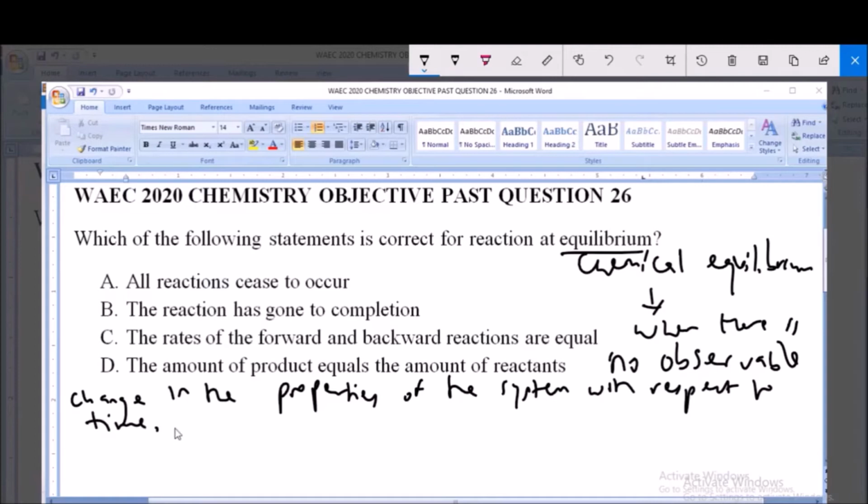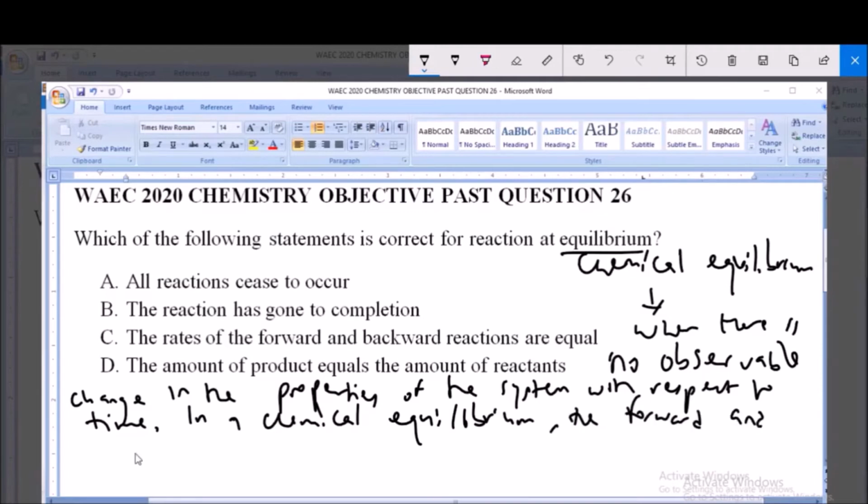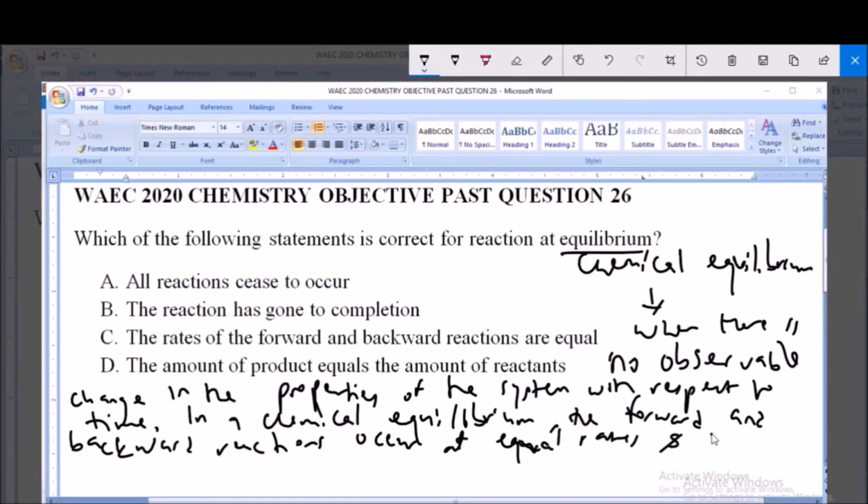Now, another important thing to note is that in a chemical equilibrium, the forward and backward reactions occur at equal rates, and the concentrations of products and the reactants